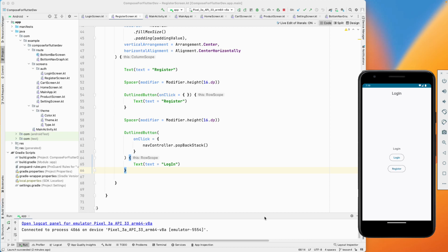And the next step, let us go to our register screen. What we would like to do over here is add the back button over here, so we can go back from here instead of going from the login screen. And for that,